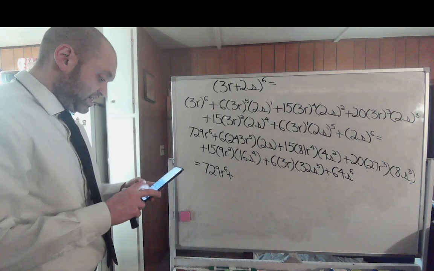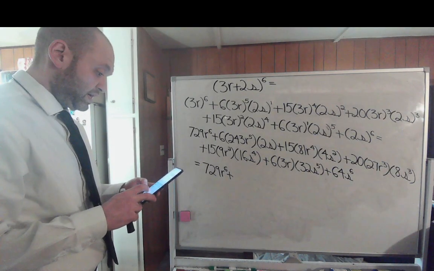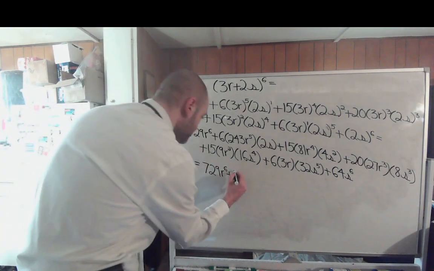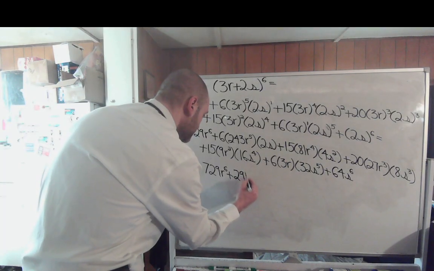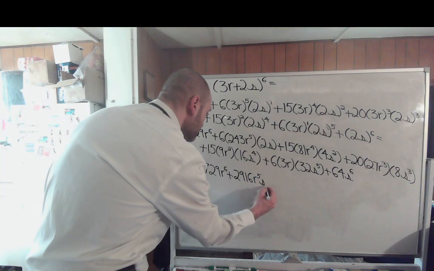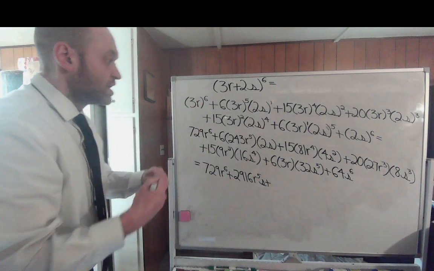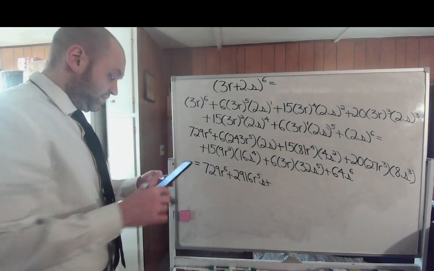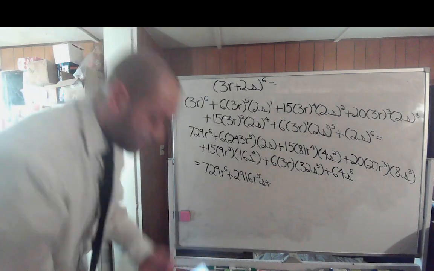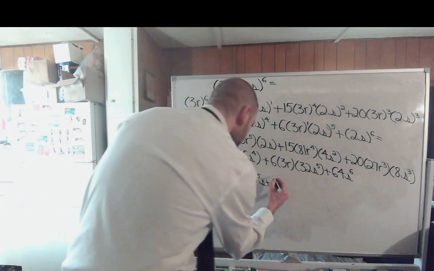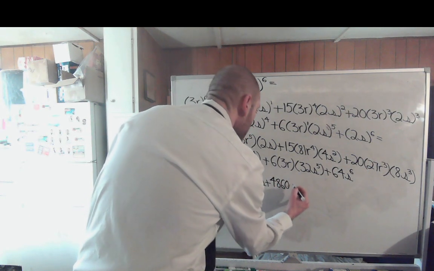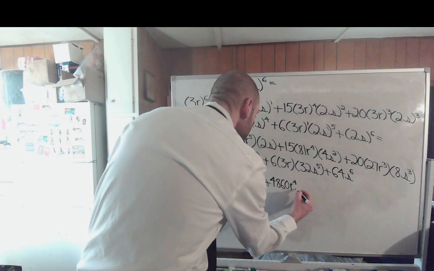So let's see, 6 times 243 times 2 gives you 2,916 r to the fifth s plus, now we got to take 15 times 81 times 4, so 4,860 r to the fourth s squared